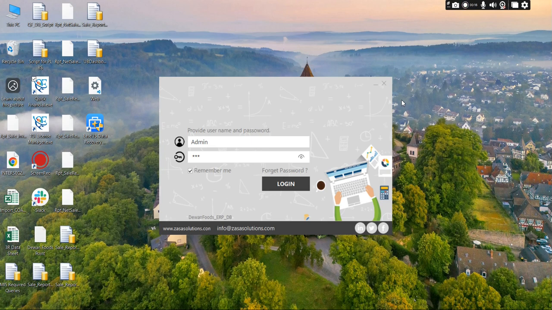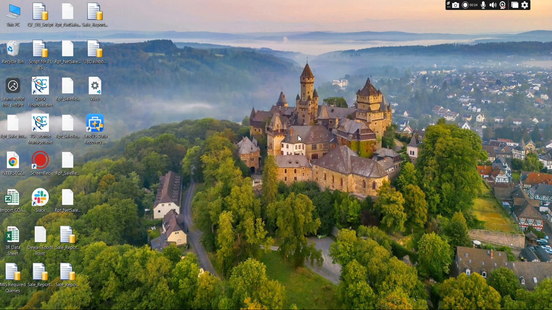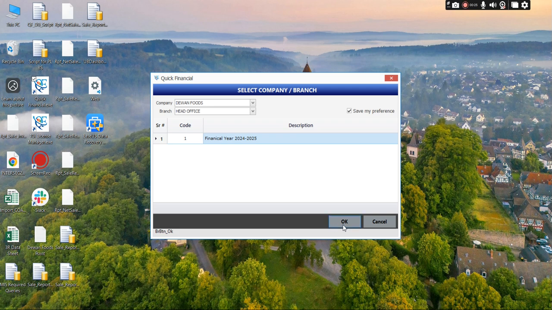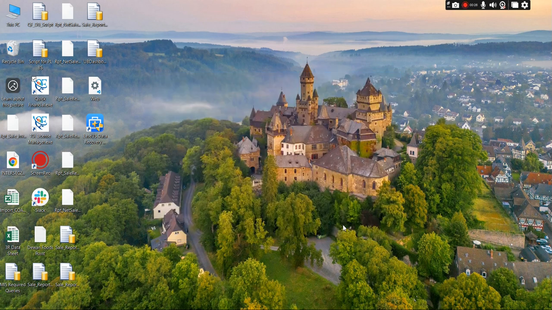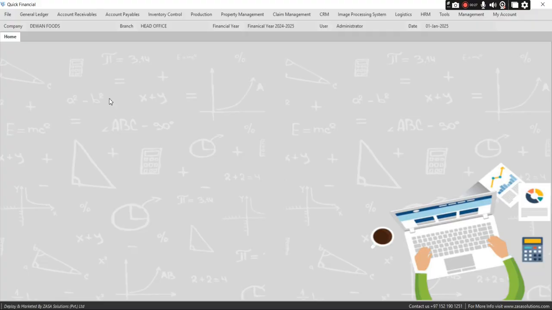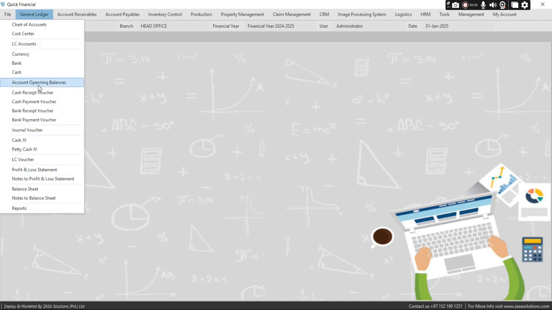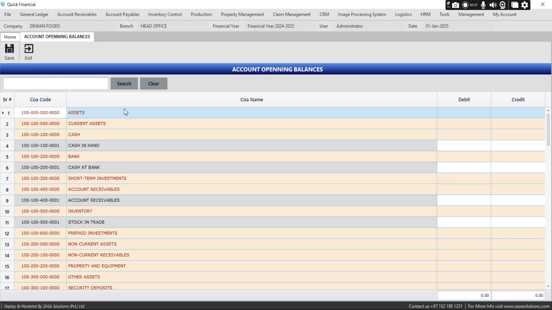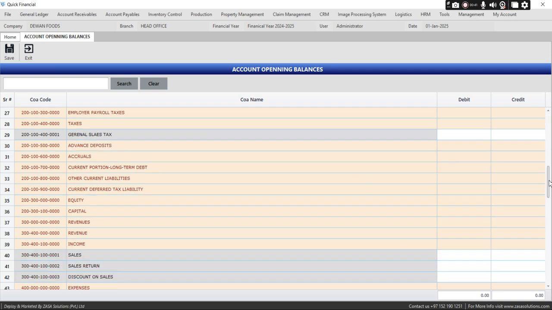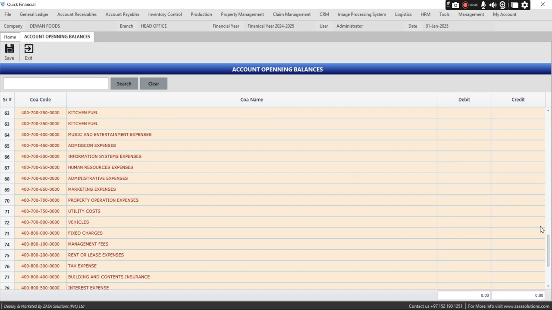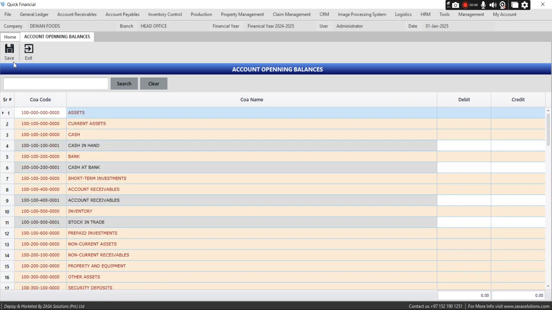In this tutorial, I will guide you how you can add your opening balances in Quick Financial. So please first log into your software, then select your desired company, and then you have to go to the journal ledger, and there is an account opening balance where you find all your accounts, and here you can add the debit or a credit balance, and then use the save